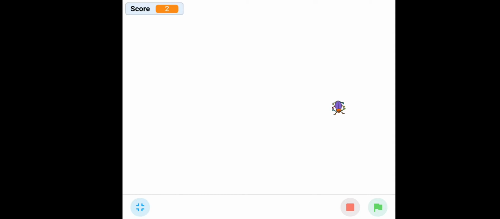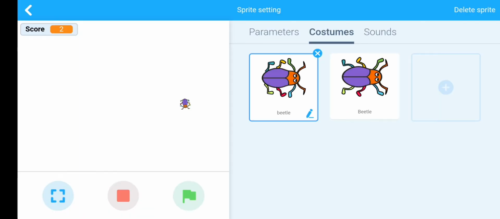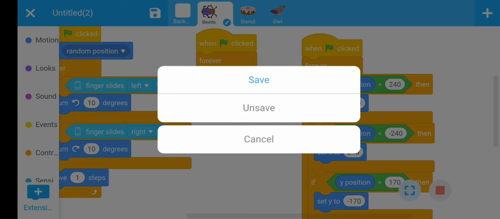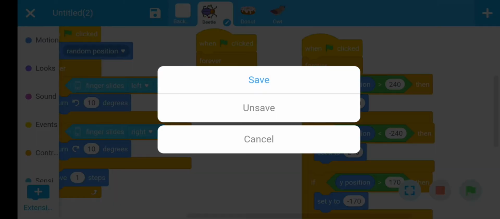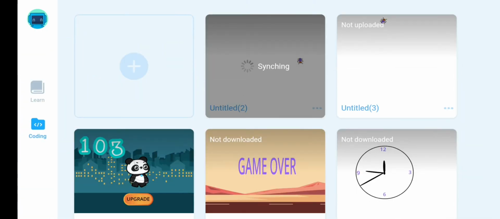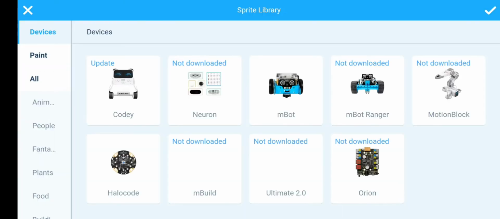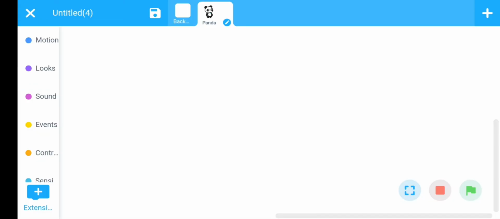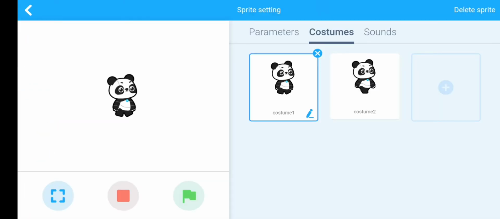To start designing this game, first we will open the mBlock app. And then click on this plus sign. Delete the panda sprite.